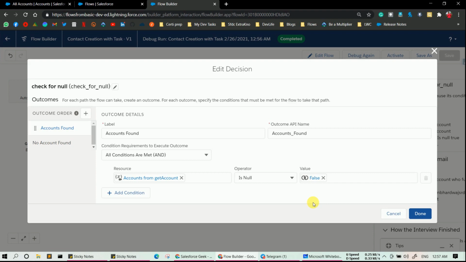So is null means it is empty, and we don't want an empty list, so that's why we need to select false here. That's my mistake. So it's also a learning for you, like we need to select false over there to check for null, and click done.